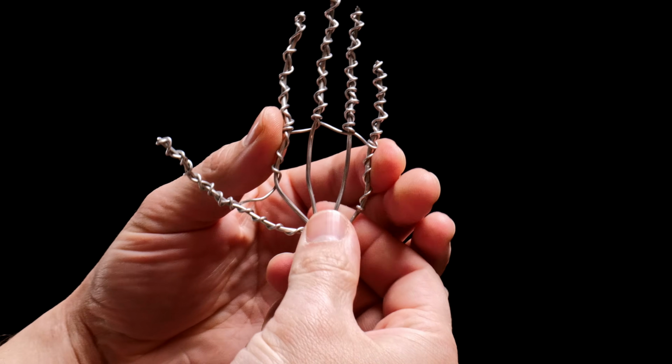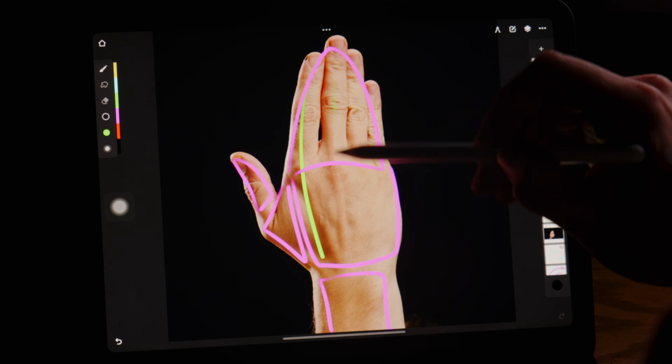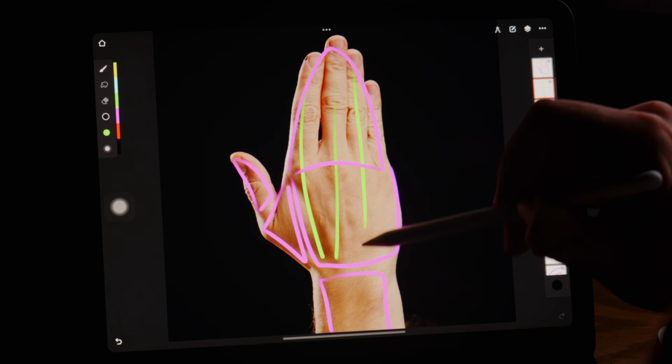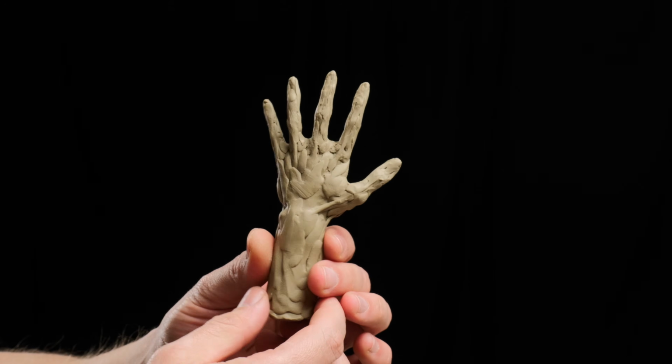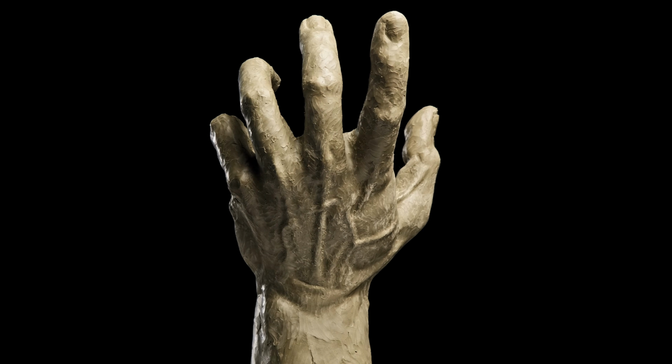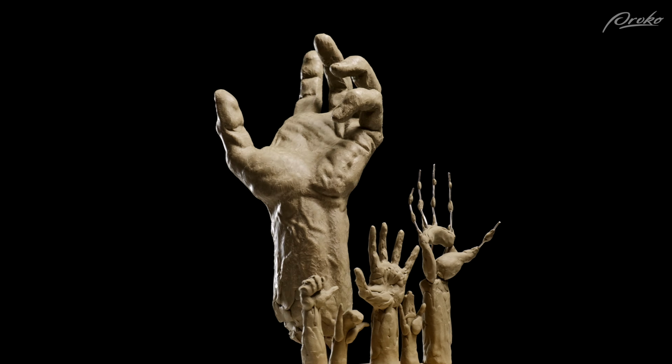Hello fellow artists. Today we're going to be delving into the artistry of the hand by studying the rhythms and gestures of the hand. I'm Andrew Joseph Keith and welcome to this artistic anatomy lesson.